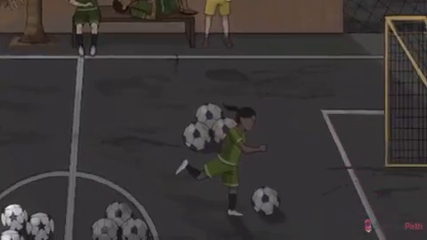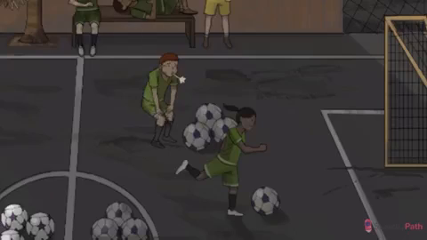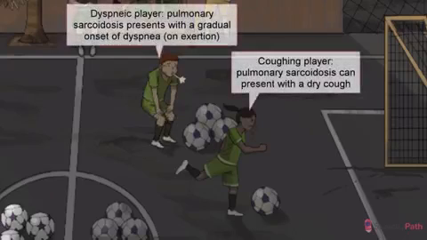Count on it. So, how will all this pulmonary involvement present in your office? Well, sometimes the disease is asymptomatic and that bilateral hilar adenopathy is discovered incidentally on chest x-ray. Most symptomatic cases present with a gradual onset of dyspnea on exertion and a chronic dry cough, typical of the chronic interstitial lung diseases. You know, it's not uncommon for a soccer player to run about 7 miles during a full match.